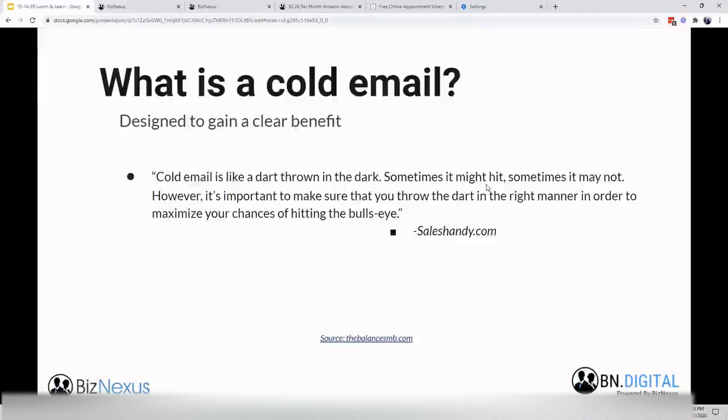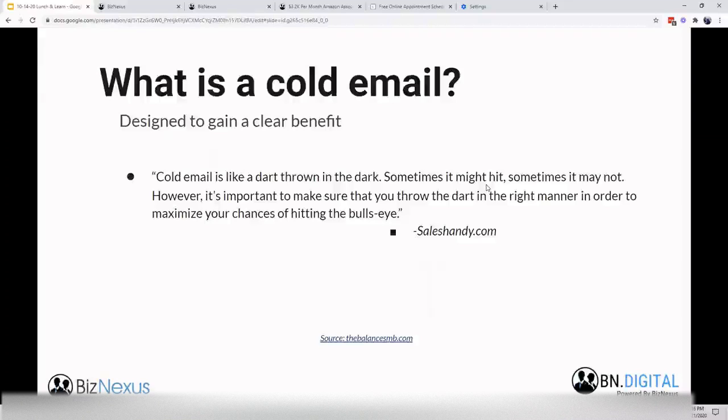So what is a cold email? It's designed to gain a clear benefit, right? So if you're a business broker, you're pitching a business valuation. You're going for a callback. You're going for a meeting. You're going for, is this person interested in even having a conversation about what their exit options might be? And it's a one shot at that, right? You might have a drip with 3 emails. Ideally, you have visibility into who's opening your email, who's not, so you can resend that to the people who haven't opened it. But at the end of the day, you want to deliver your value proposition to the eyeballs,